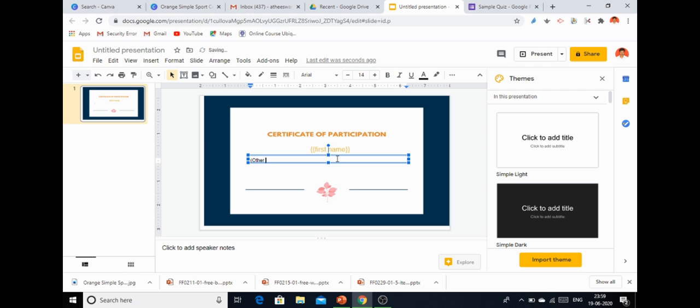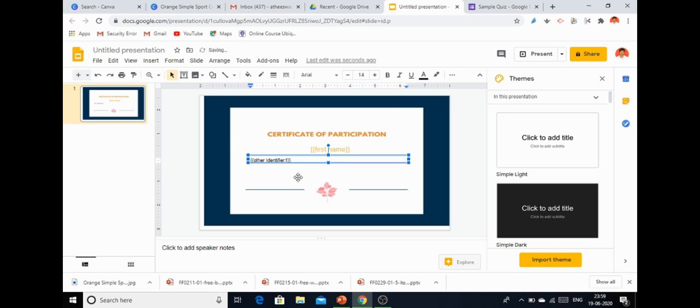Other identifier 1. I am using other identifier 1 without space, just with curly braces. Here also use curly braces. So these are the merging fields.